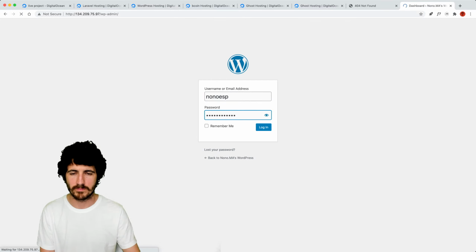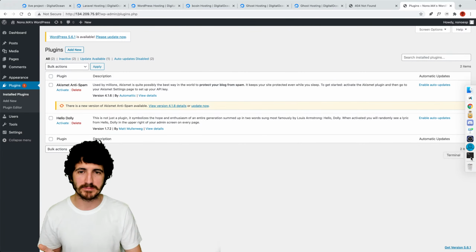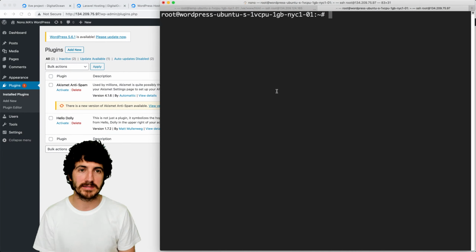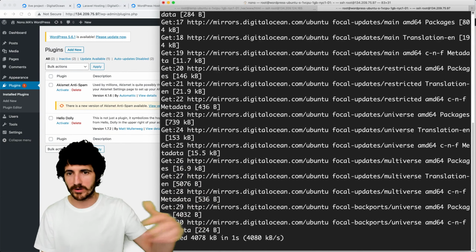So note one thing, once we create a droplet with a template, it doesn't mean that it's constrained to using that. It just has a pre-installed set of tools, and we can install as many things as we want in that same server. So here I'm in the WordPress server, and I can do apt-get update, and then I can install Docker, Node.js, I can install anything that I want, really.